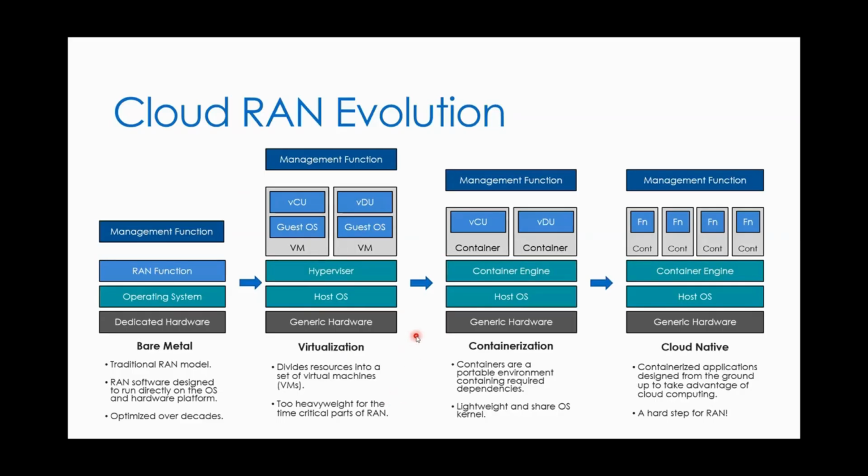However, because there's a fair number of layers and abstraction, it's pretty heavyweight when you get into RAN, because RAN has a lot of real-time constraints, is always under pressure to be processing fast enough, delivering higher performance, and so on. So this is a bit of a heavyweight model that isn't totally applicable. And that's led to a shift to what you could call containerization. So it's a more lightweight version of virtualization.